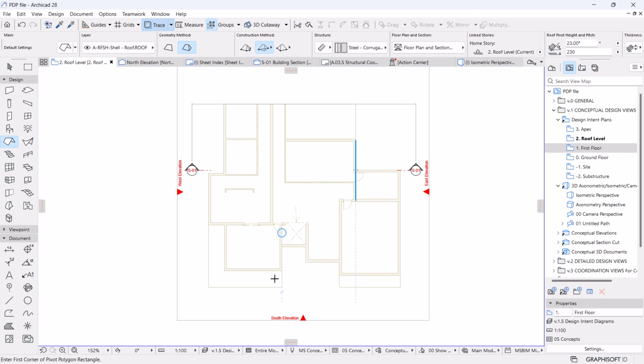So for example, here I'm going to use a slab, then I'm going to also use a slab for the balcony, then a slab all the way to there, and let's say